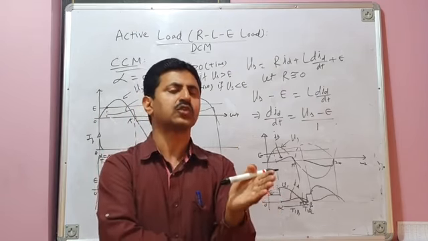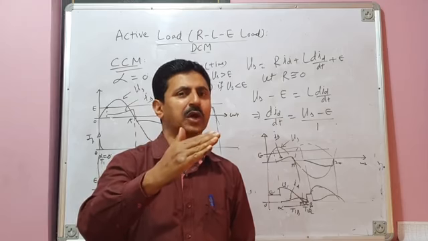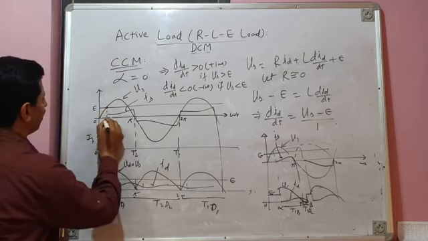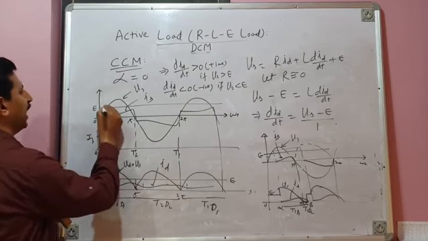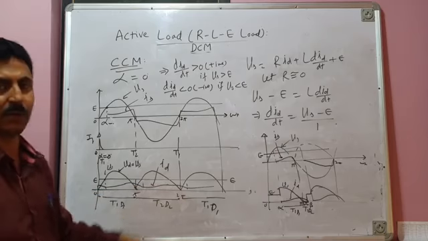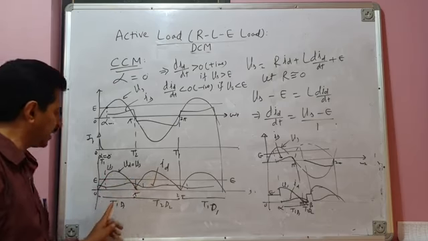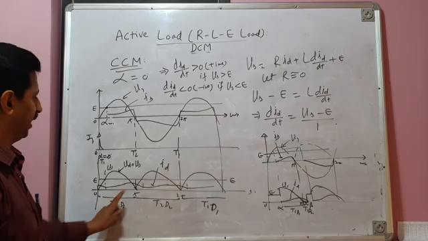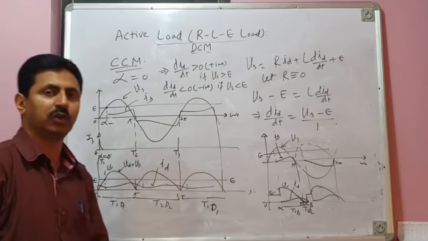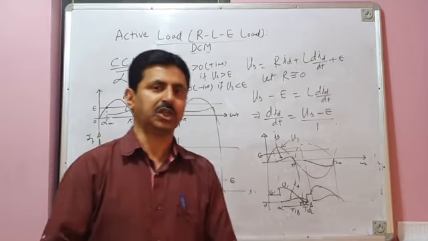And we have also seen that in the continuous conduction mode of operation, we can reduce our delay angle as low as 0. If this is your alpha min, you can have delay angle below alpha min, as low as alpha equal to 0 degree, for which I have already drawn the waveforms. So if alpha is equal to 0 degree, this is the waveform. In this case, you have only thyristor conduction modes, T1, D1, T2, D2, T1, D1, T2, D2, and so on. And this is the nature of the load voltage waveform. So E again does not show its presence in the load voltage.